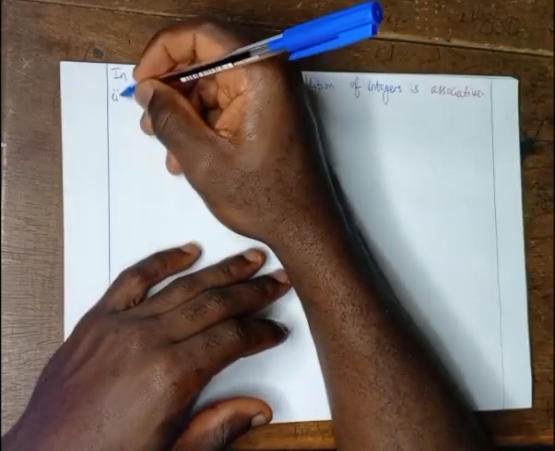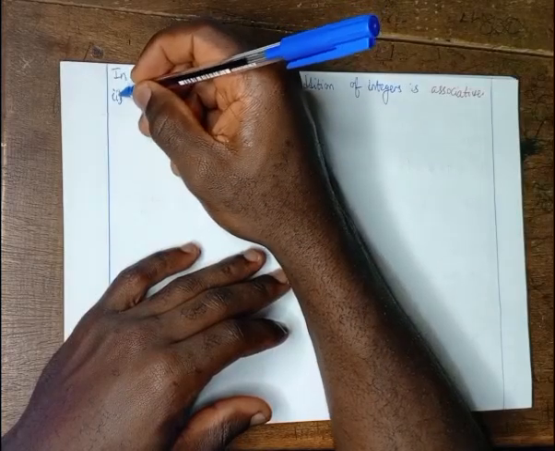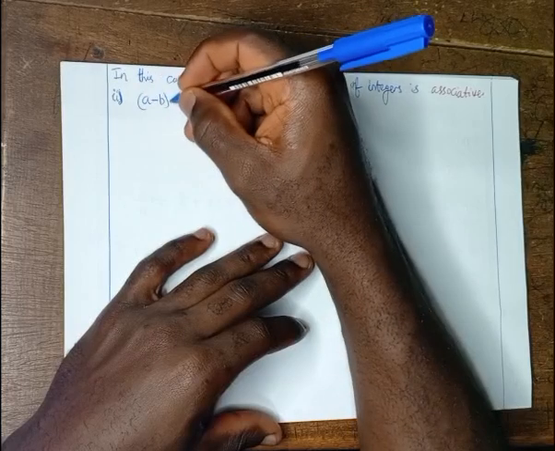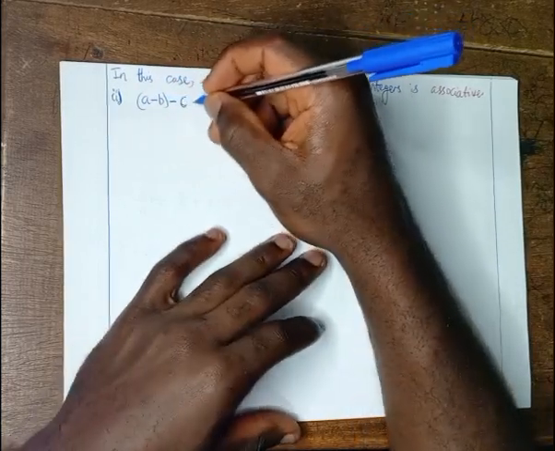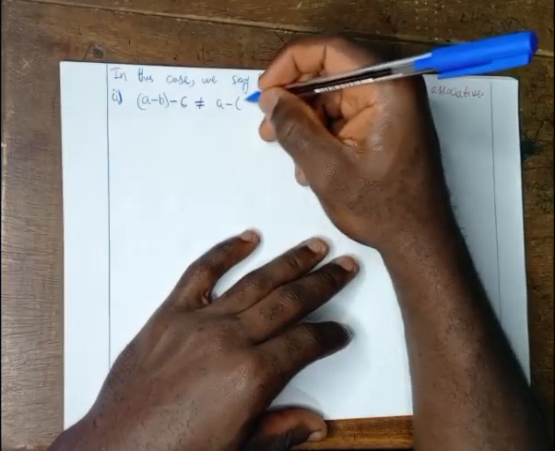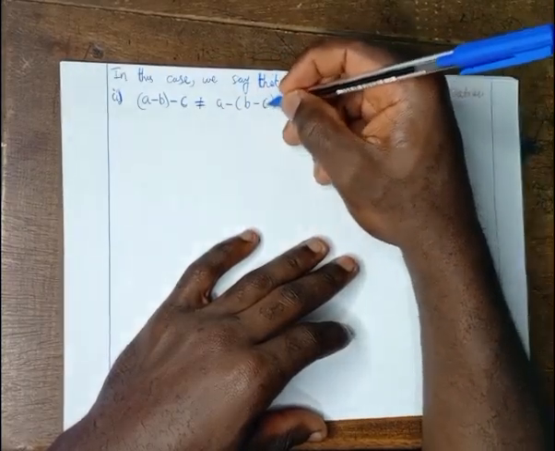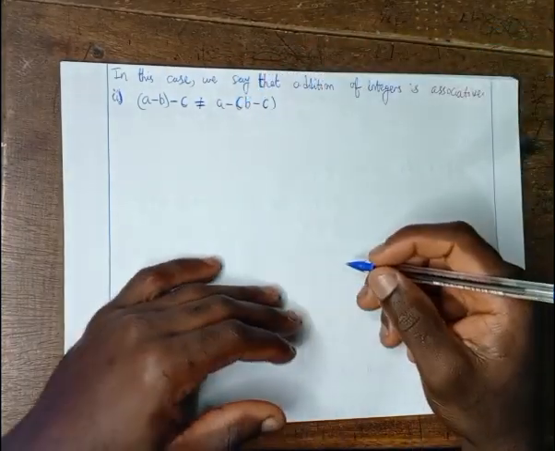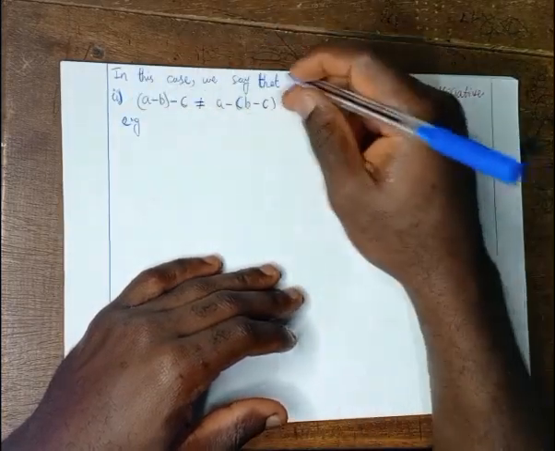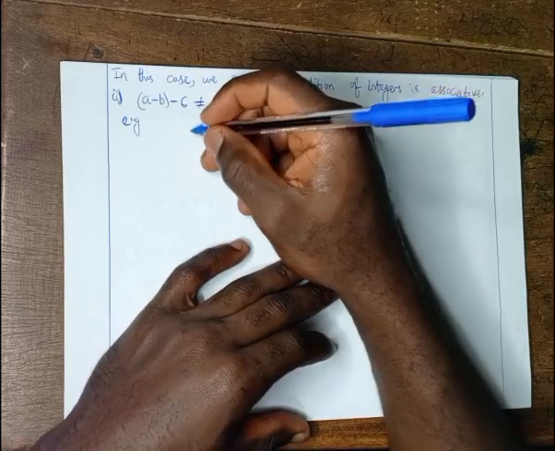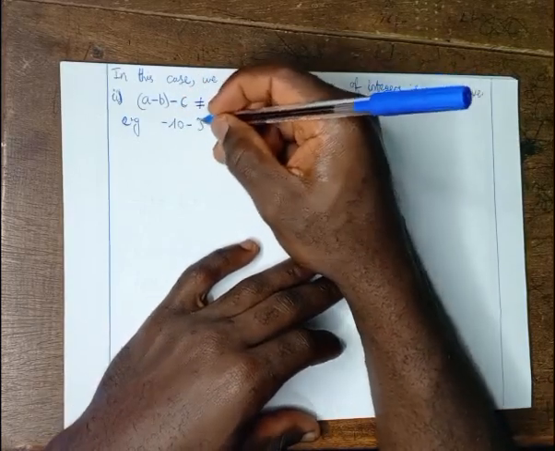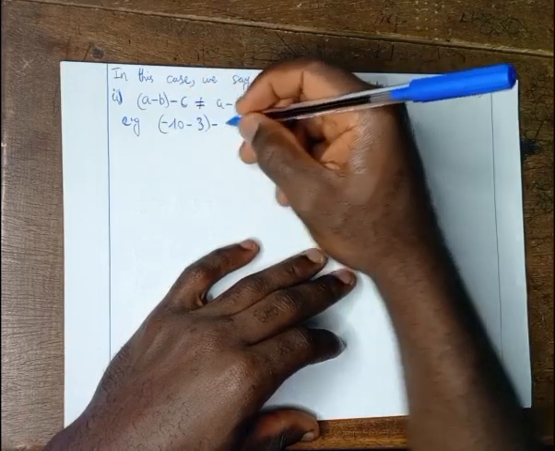Next, if we take 2i, we take (a minus b) minus c. This is not equal to a minus (b minus c). Let's take an example, which will best explain this. If we take negative 10 minus 3 minus 4,